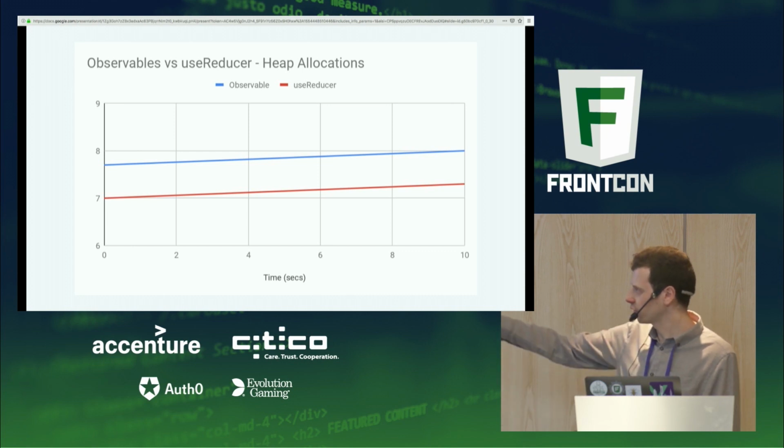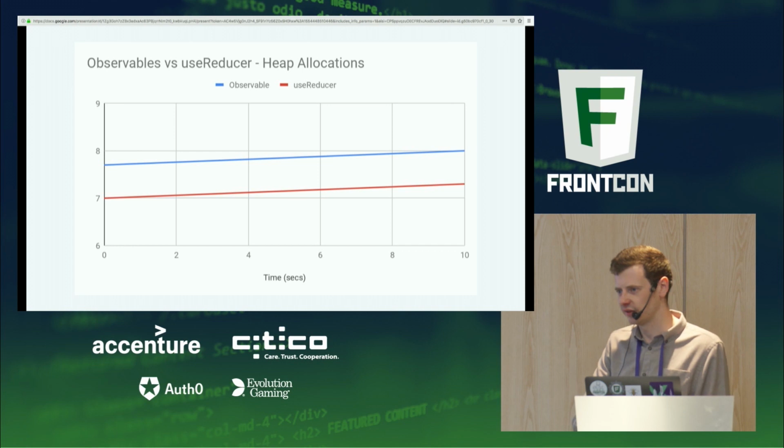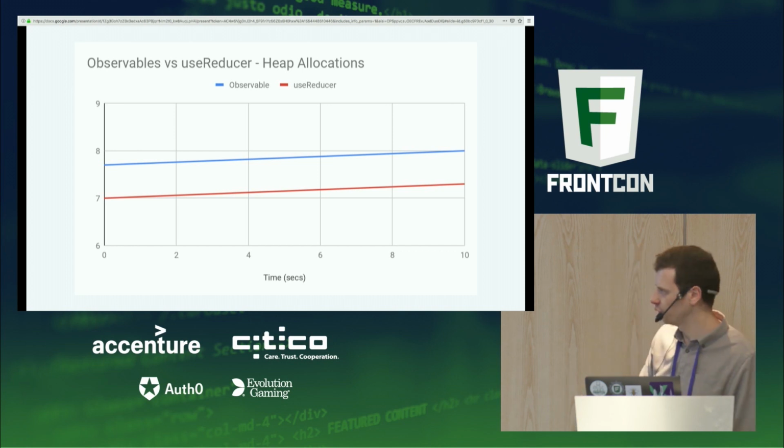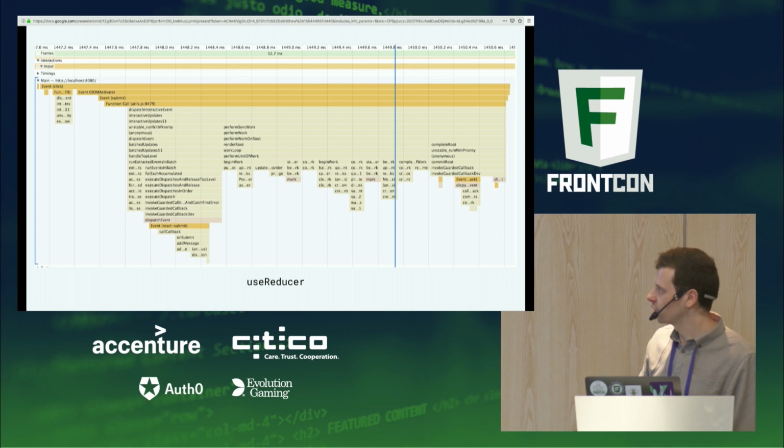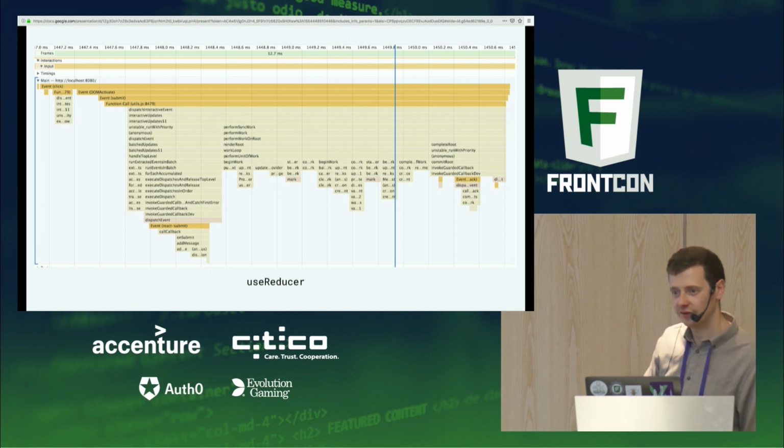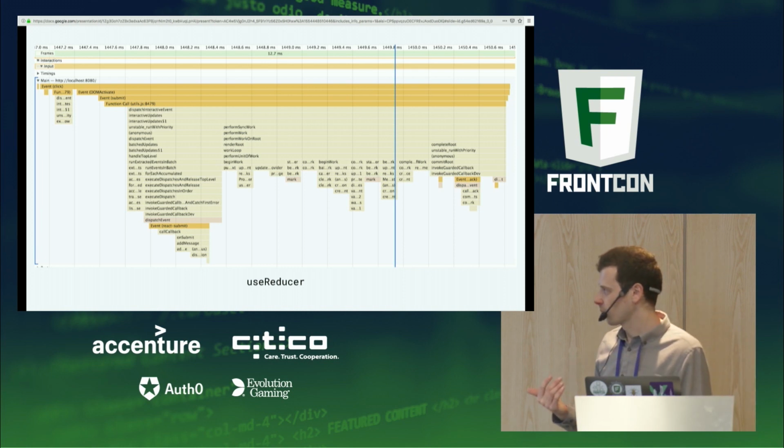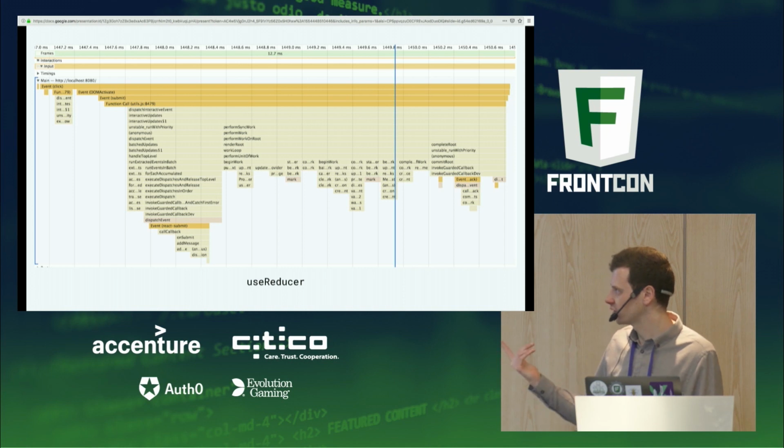But funnily enough, the actual increase in memory used was consistent across all times, which was interesting. So nonetheless, the observable approach does use some more heap allocations. But really interesting is the flame graphs. So this is for useReducer,